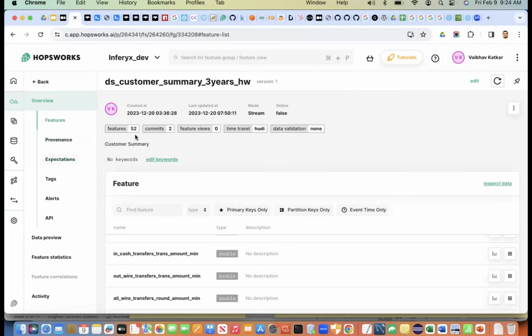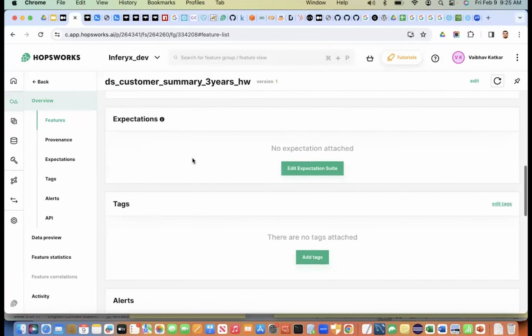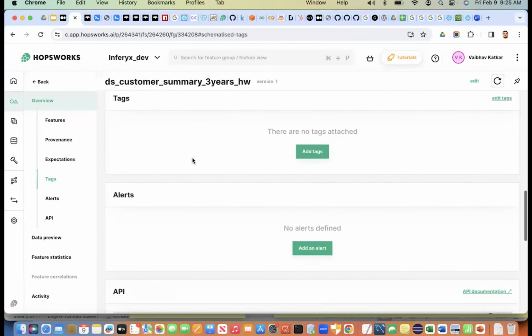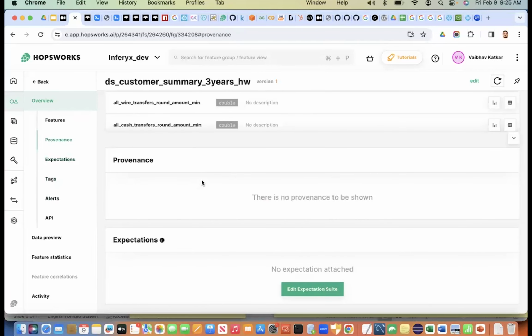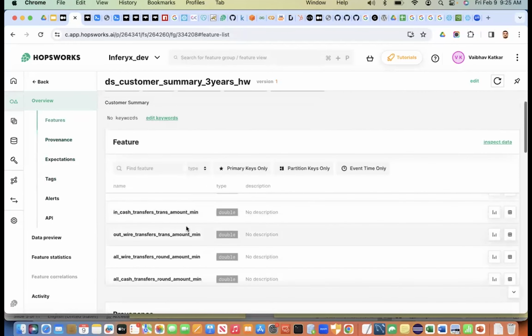Okay. So this has got around 52 features. It was committed twice. That means it has been changed twice. And then you can also set some expectations and tags and alerts. So expectations are where you can create data quality rules. So let's say if I have a field which should contain a numeric value, I can set an expectation around that feature. If there is another feature which has a categorical variable like male, female, or maybe yes or no as a value, then you can create an expectation to make sure that the data is conforming to those values. Okay. So data quality is inbuilt. It comes as a part of the